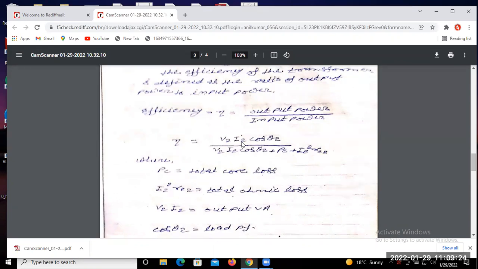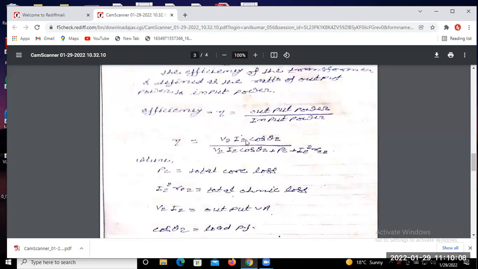If you want to express the efficiency in per unit system, पर यूनिट सिस्टम भी हम लोग डिस्कस कर चुके हैं पिछले क्लास में, कैसे कन्वर्ट करते हैं, दैट मींस रेटेड वोल्टेज एंड रेटेड करंट पे। ओके तो जस्ट डिवाइड दिस इक्वेशन इन न्यूमरेटर एंड डिनोमिनेटर बाय V2 into I2, just divide this equation and simplify. इस इक्वेशन में यदि हम लोग न्यूमरेटर और डिनोमिनेटर में V2 I2 से डिवाइड करेंगे तो क्या हो जाएगा,